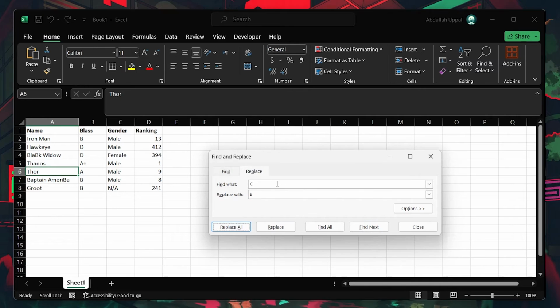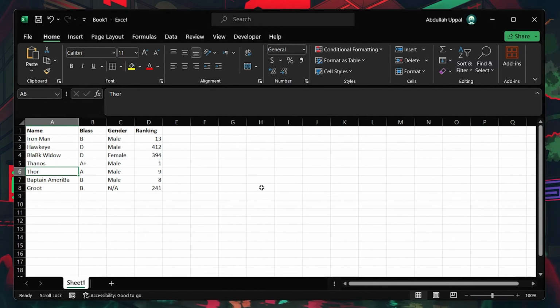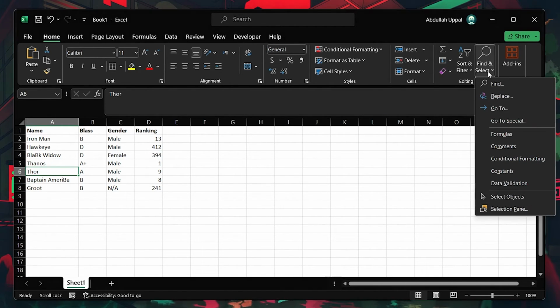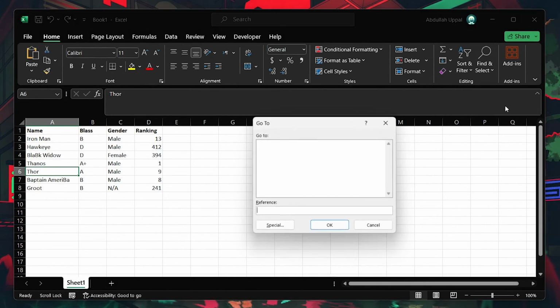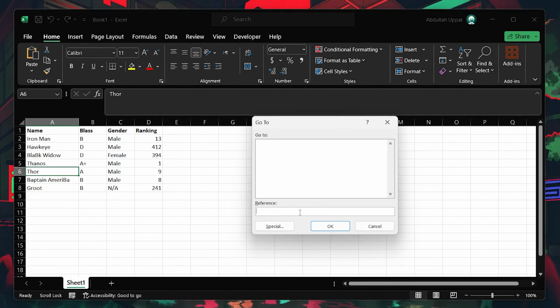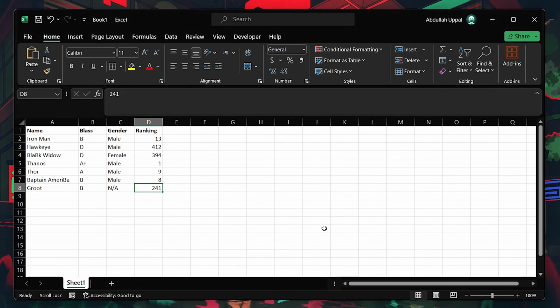If you need to jump to a specific data point or area in your spreadsheet, use the Go To feature. Again, under the Home tab in the Editing group, click on Find and Select. Then choose Go To. You can type a specific cell reference like F3 and Excel will take you directly to that cell. By mastering these editing techniques, you can ensure your Excel spreadsheets are both accurate and up to date,